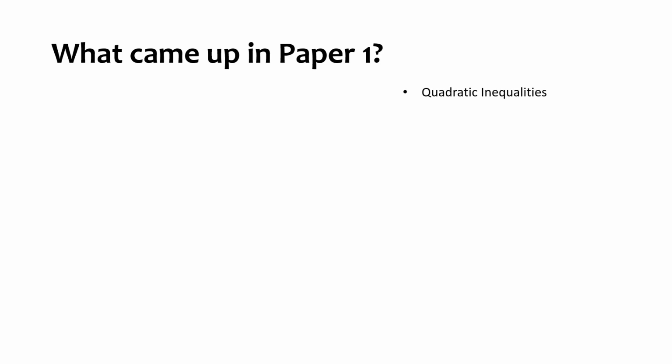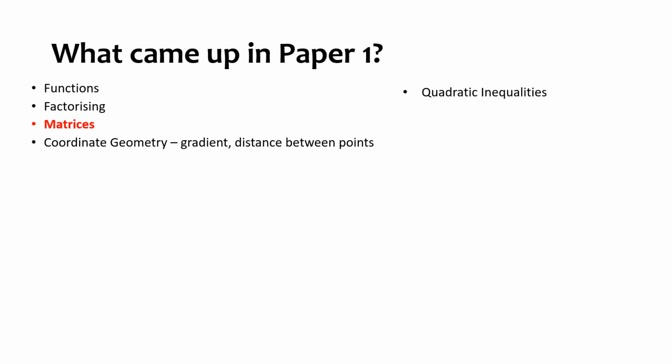So thinking about what came up in paper 1, we had some quadratic inequalities, we had functions, factorising, there were some matrices content there. I just highlighted that red because that is not something I would have expected you to pick up any marks on, as it is something that we haven't covered yet. There was some coordinate geometry, so there was finding the gradient between 2 points and the distance between 2 points,